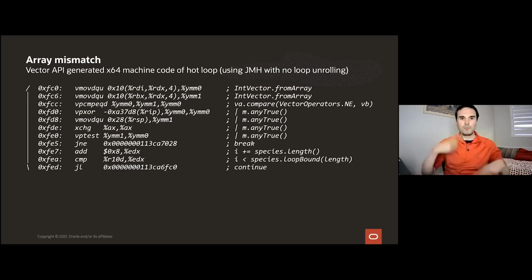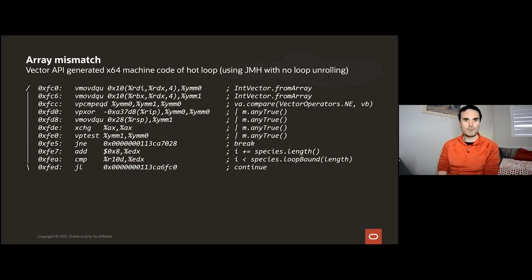Now, if you remember that for loop with looping over the species length every time. Now, this is the generated code from HotSpot. To get this code nicely fitting on the slide, I've switched off loop unrolling, just in case HotSpot decides to loop unroll, so I can put the hot loop of generated code here. And what we see is why I talk about it being a WYSIWYG API. We can see an almost one-to-one correspondence with the vector operations in the API and the instructions that were produced